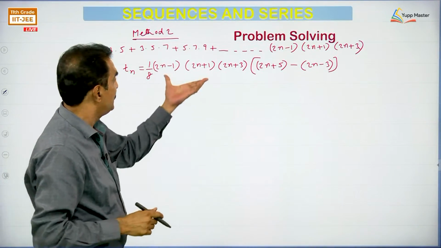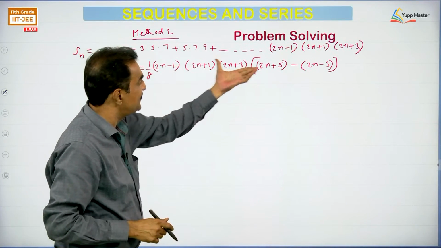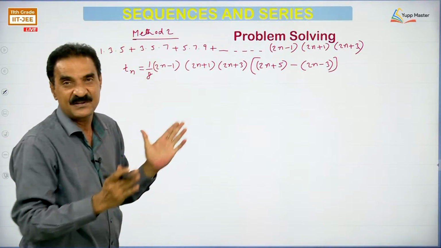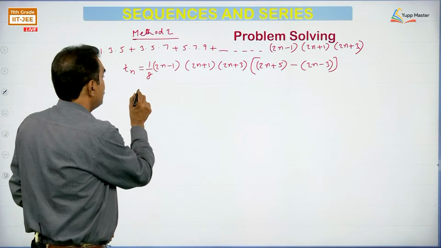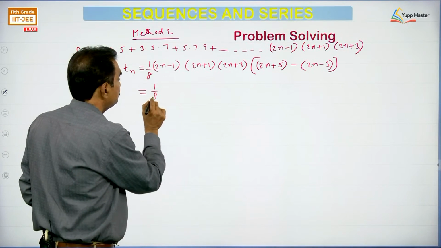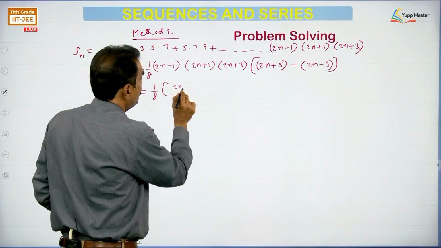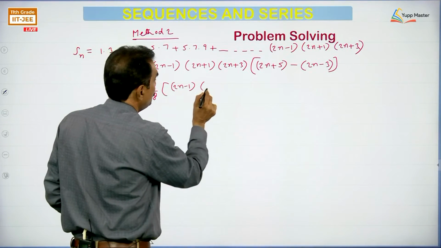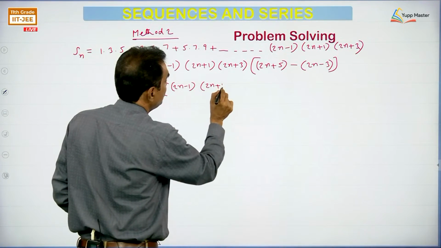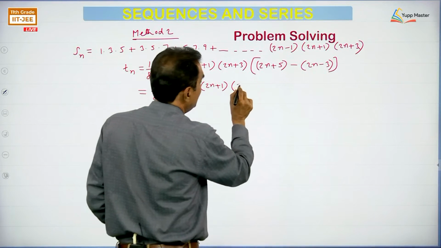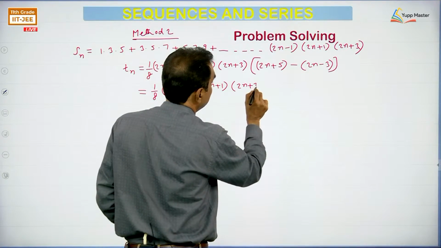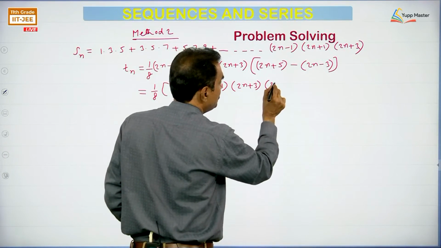So, multiply by 1 by 8 so that the value of Tn remains the same. Now, multiply these three factors with this and express it as a difference. 1 by 8 into 2n minus 1 into 2n plus 1 into 2n plus 3 into 2n plus 5